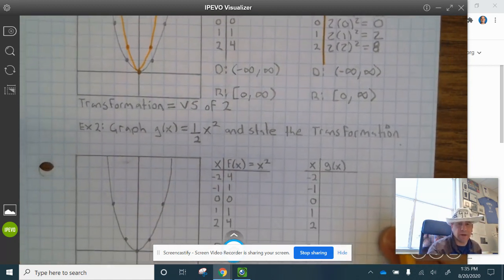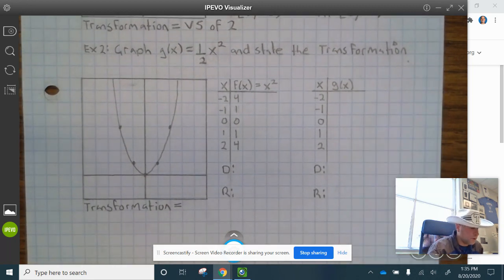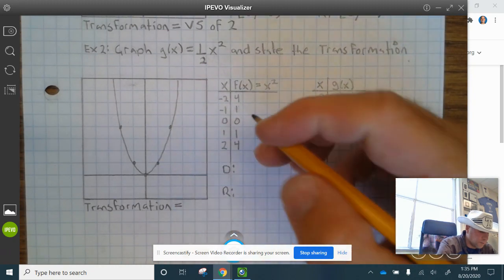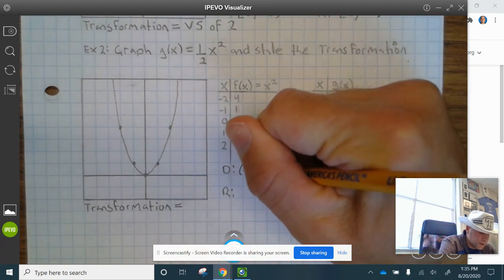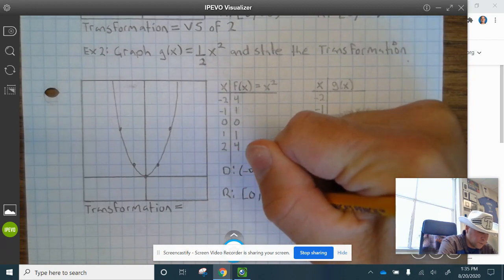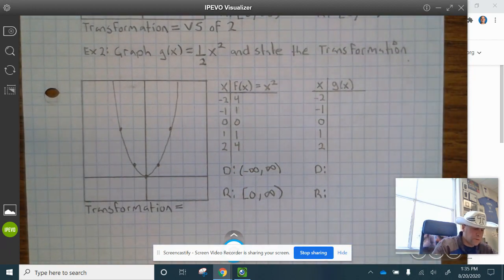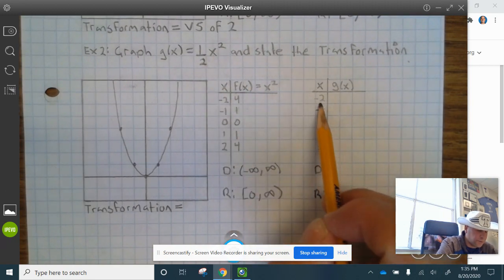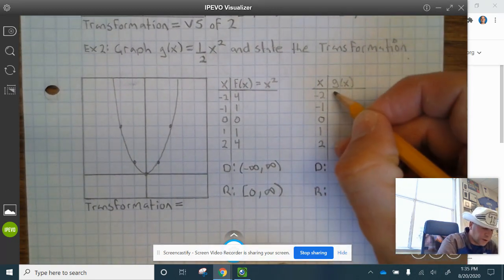All right, now let's take a look at example 2. Graph g of x equals 1/2 x squared and state the transformation. Okay, so again, you notice that I have the parent function of x squared already graphed, and we know the domain of that is negative infinity to positive infinity, and then range is bracket 0 to infinity. Okay, so now we have 1/2 times each of these x squared values. Okay, so that's 1